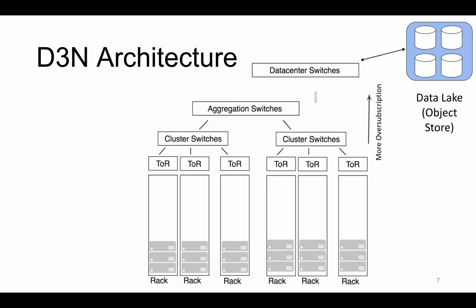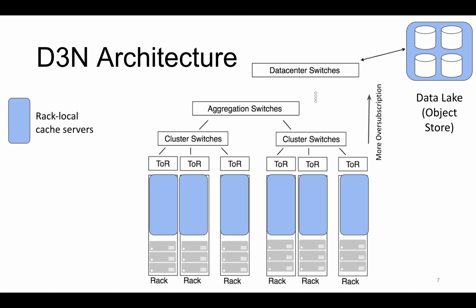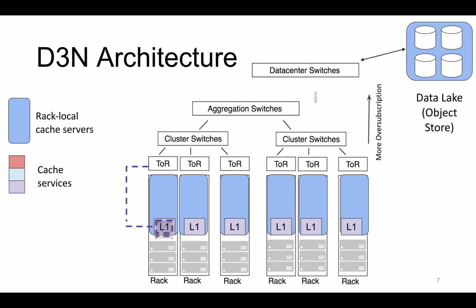We have a data center with a data lake, a hierarchical network topology with oversubscription. First, we strategically place cache servers on each rack. This is the first layer called layer 1 or L1, and L1 cache acts as a proxy for the data lake, storing data locally for reuse. Clients' requests are always forwarded to the local layer 1 cache. Layer 1 reduces the traffic going out of the top of rack switch if there is a reuse within the clusters,